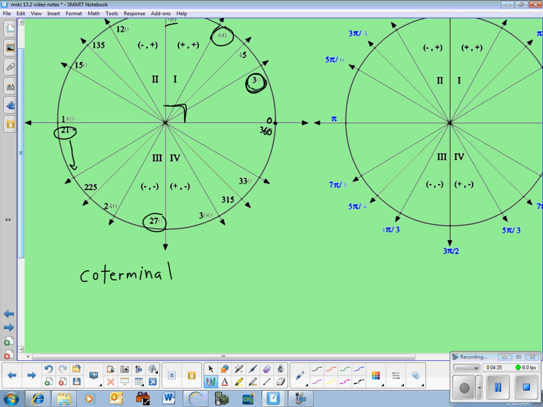Coterminal. This comes from "co," which is same, and "terminal," ending. There are infinitely many ways to name a certain spot. So let's just focus on one spot. Coterminal means they end in the same place. Let's focus on this spot right here,